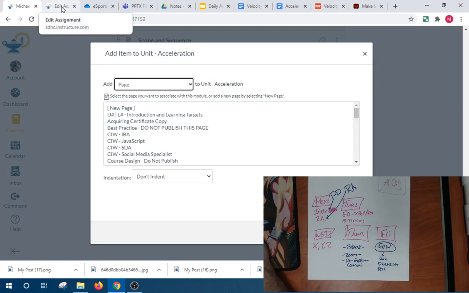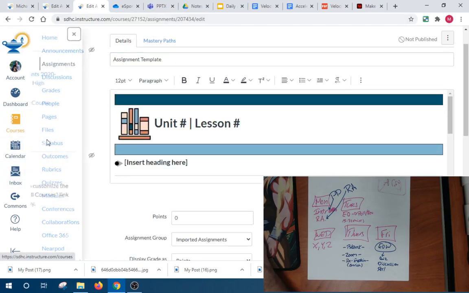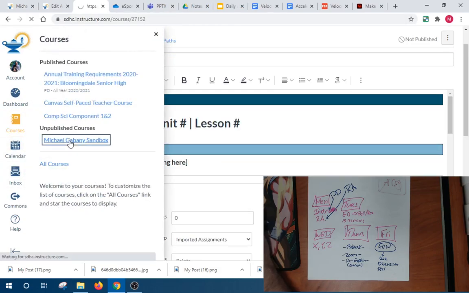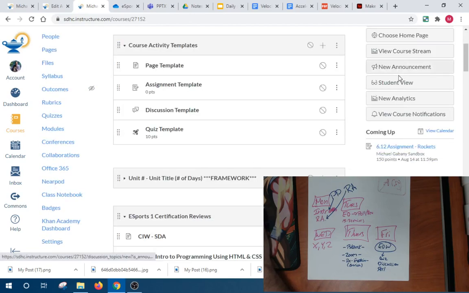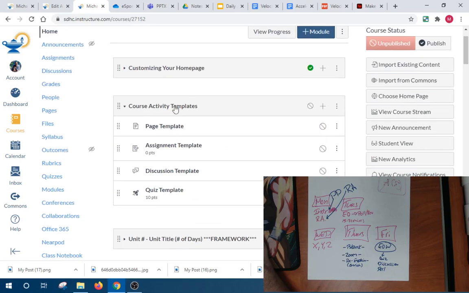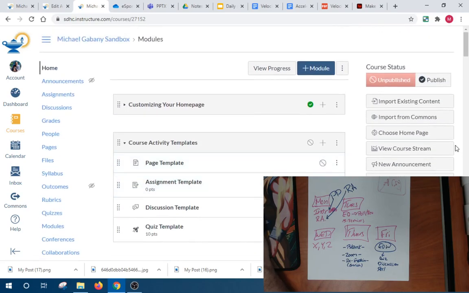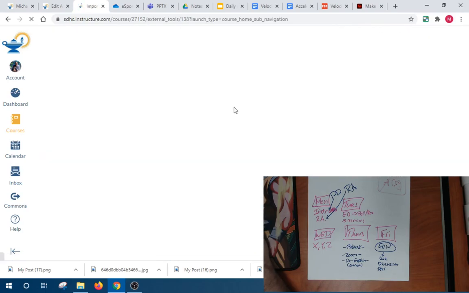Now, you know what I want to do? I want to show you guys a template that you can follow. If you go to your dashboard, your sandbox, and you go import from Commons, right? Import from Commons, you can download this thing called Course Activity Templates and Units, and it kind of gives you a framework for it, okay? So if we go import from Commons,